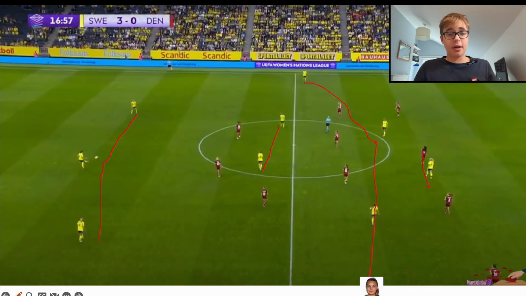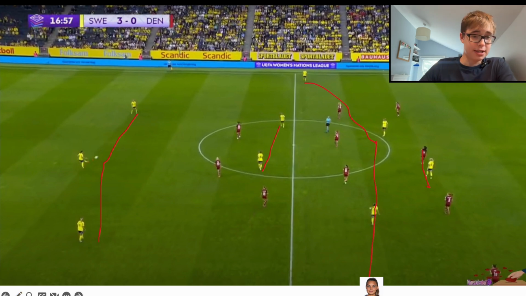Okay, so this is the shape that we set up with in possession. That's different to out of possession; I'll talk about that later. But as you can see, Hannah Lundkvist here tucks in as almost a right centre back. You've got Natalie Bjorn and Sembrant who then shift over, and Jona Andersson comes up to be almost like a